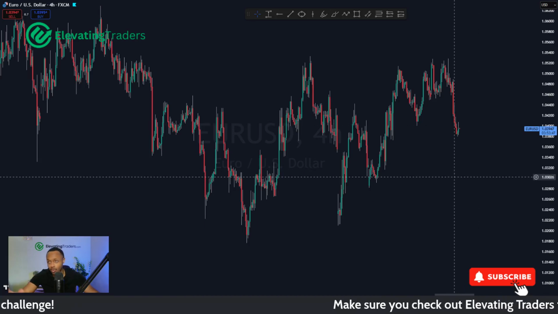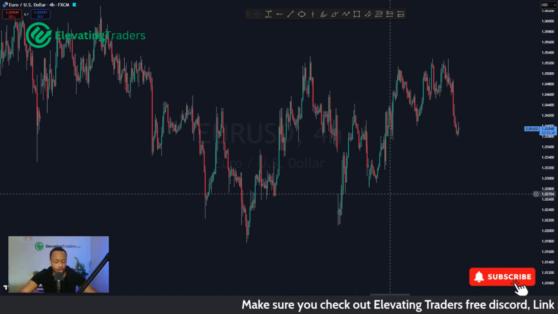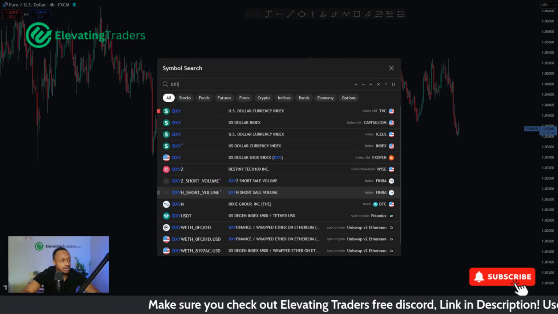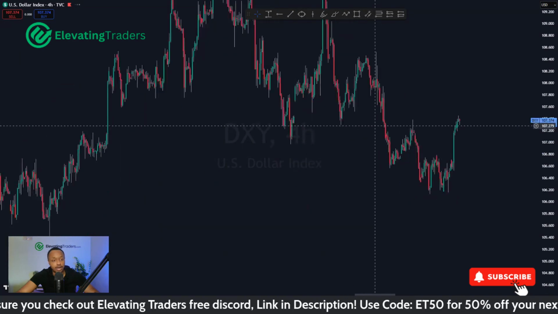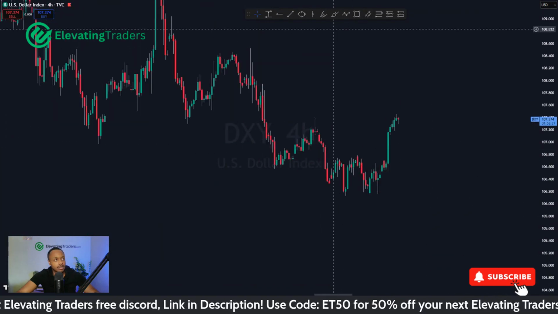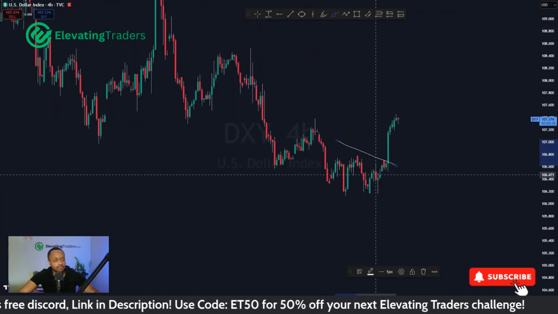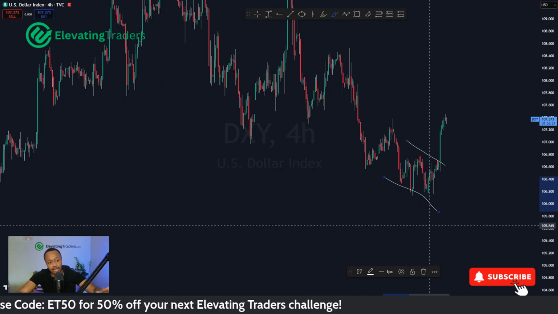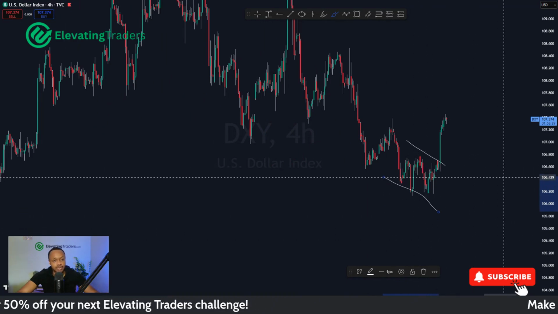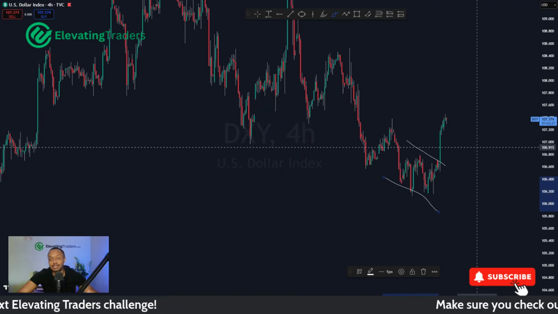Share what I'm looking at, what I'm trading as well. But first things first, we have the dollar, which was pretty bullish since we last spoke. I believe we were trading in the consolidation yesterday on stream, and it looked pretty stale. Things are kind of stagnated a little bit, and we were expecting to see at least a retracement because